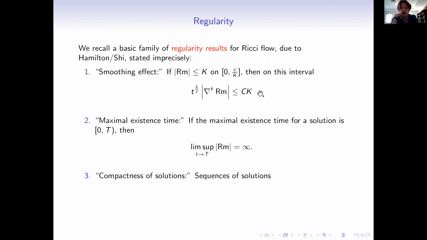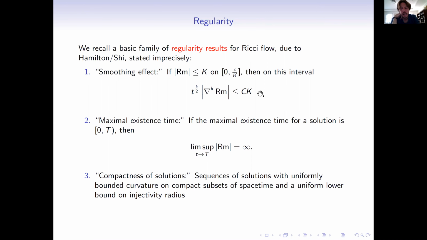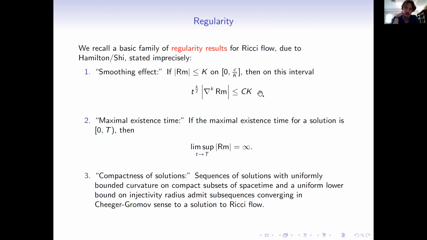And then another basic principle for the theory is compactness of solutions. Very roughly, what this says is that sequences of solutions with uniformly bounded curvature on compact subsets of spacetime and a uniform lower bound on the injectivity radius, which you only need at one point, admit subsequences which converge in the Cheeger-Gromov sense to a solution to Ricci flow. Together, these basic tools let you derive a lot of natural corollaries about Ricci flow and underlie all the more detailed regularity theory which follows. So I'm going to discuss extensions of these and more